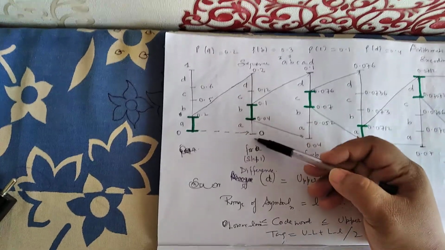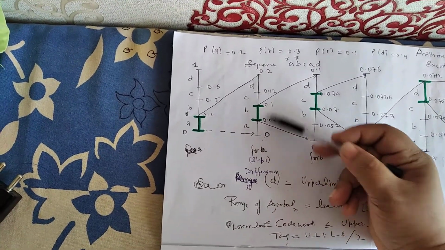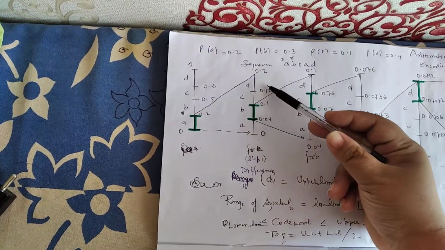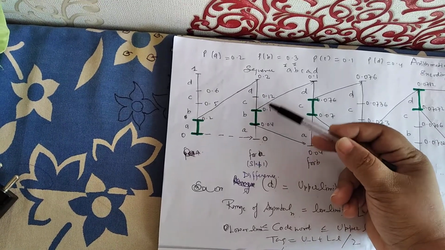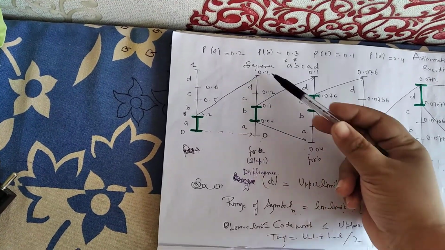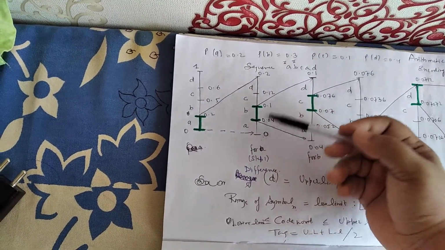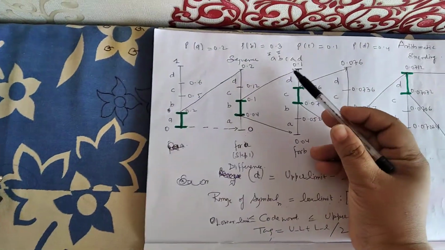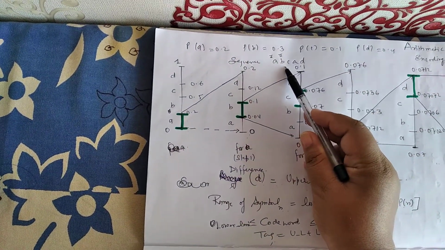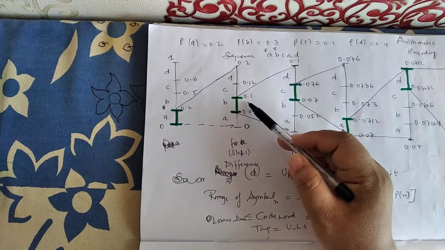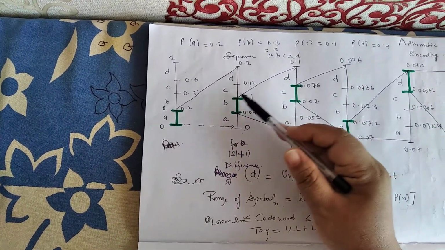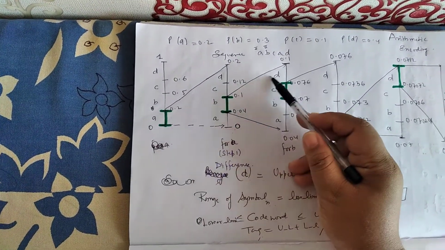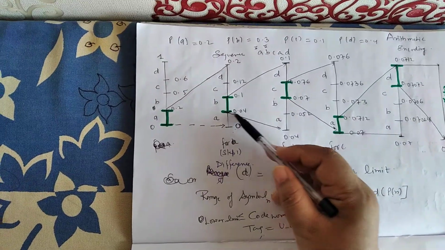So this way, in this first step, we have explored the sub-segments for this range from 0 to 0.2. We need to keep repeating it for every character in the string. Now the next character in the given sequence is B. So now we will explore this range of B. In a similar way, we have written here, we explored this range.